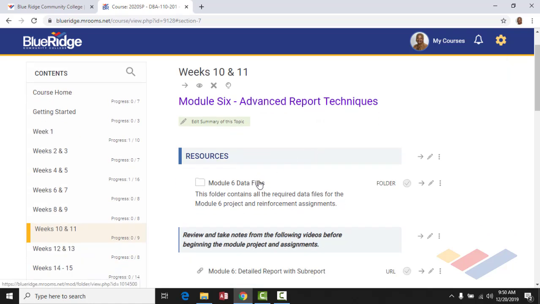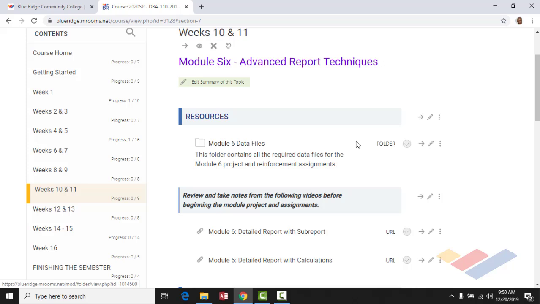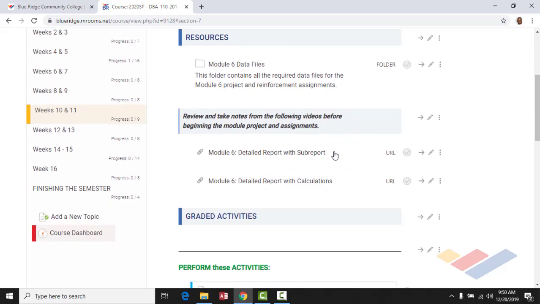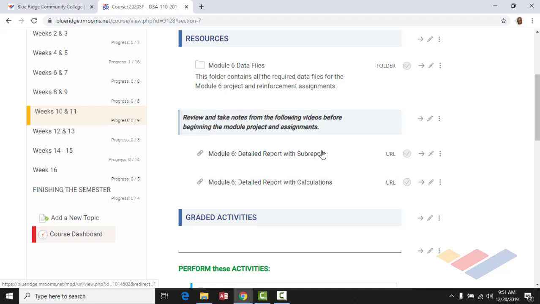Of course, you have data files here I provided, and they follow the same routine. You download them and then into a proper folder and then unzip them. You'll also find some videos that I want you to review before you begin doing any work after you've read the chapter. And they're ones that sometimes give students a little bit of a problem. And so I have walked through completing the detailed report and sub-report, and then the detailed report with calculations. I want you to know how to do that. You will be replicating those skills throughout the